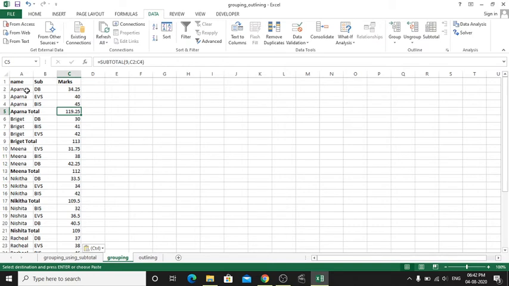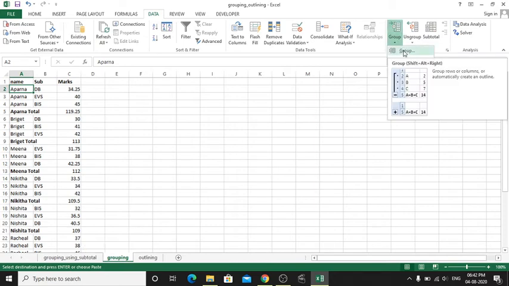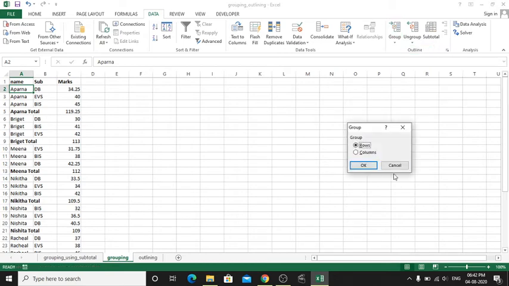So let's see how it is done. I'm just clicking on any cell in the table itself, and I'm going to the Data menu. Under that we have a Group submenu. From this Group submenu, I'm clicking Group. And it will ask for rows or columns.